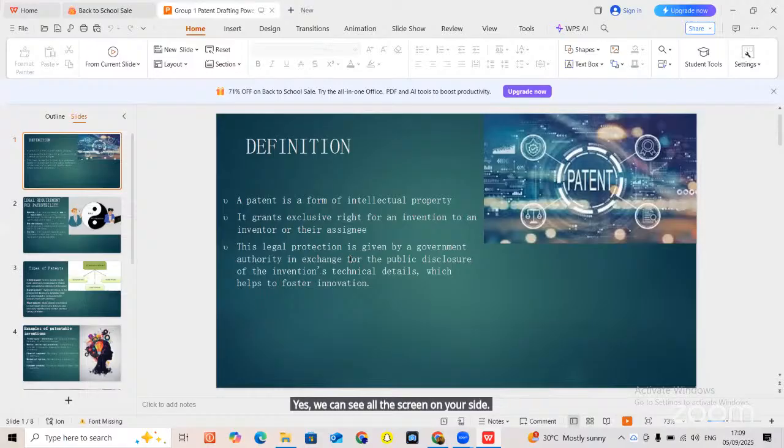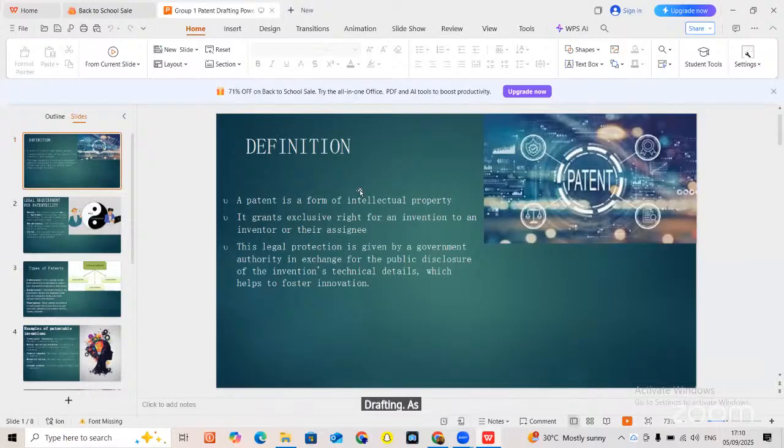Okay, so we are the group members of the patent drafting course, courtesy of the JIIPCC Academy, and we are to make a presentation on patent drafting for beginners in a way that a layman will understand the concept of patent drafting at a go. The purpose of this presentation is to give you a clear picture of what patent drafting is all about, more like an overview or a beginner's level presentation on the concept of patent drafting.